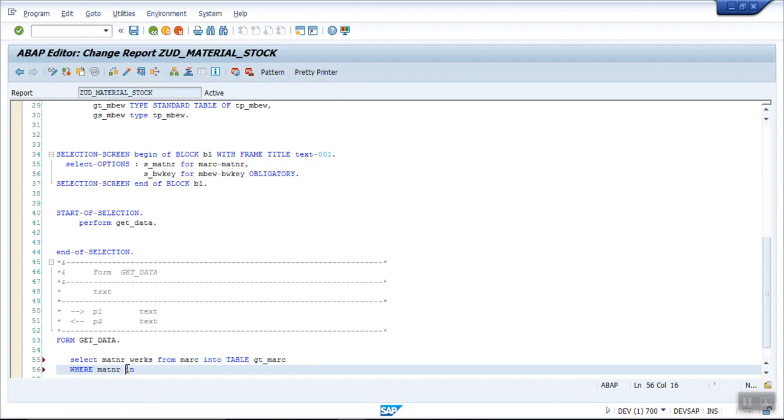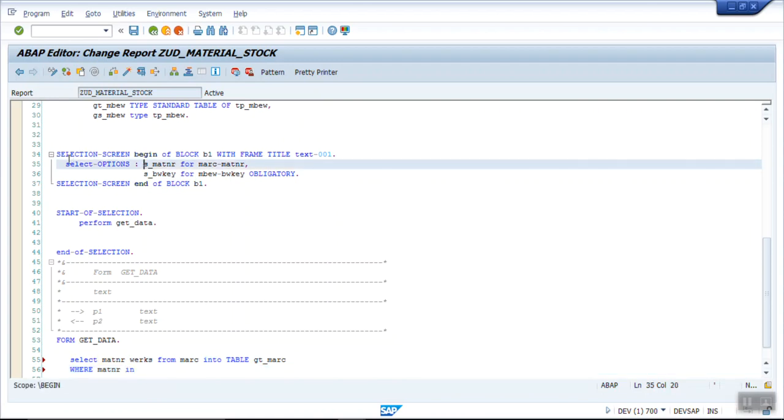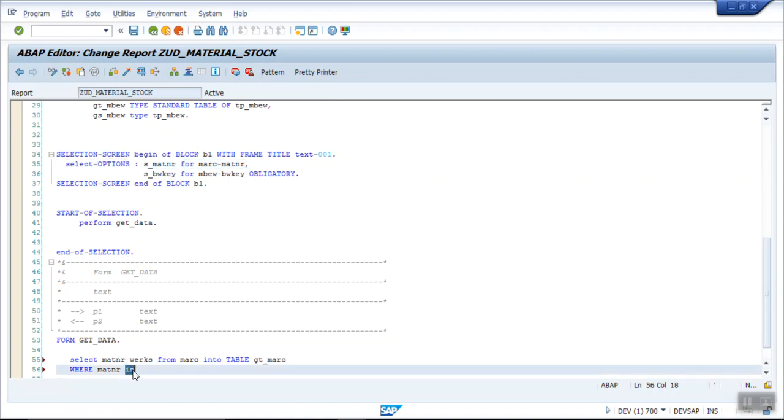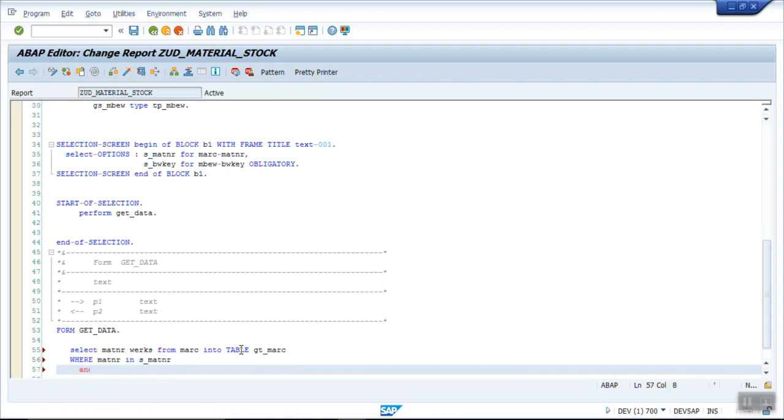Why here am I using IN? Because here I use select options. Whenever you have select options, we have to use the IN operator in the WHERE clause. If you have a parameter, then use the equal to sign. So here s_matnr and my WERKS IN s_bwkey.